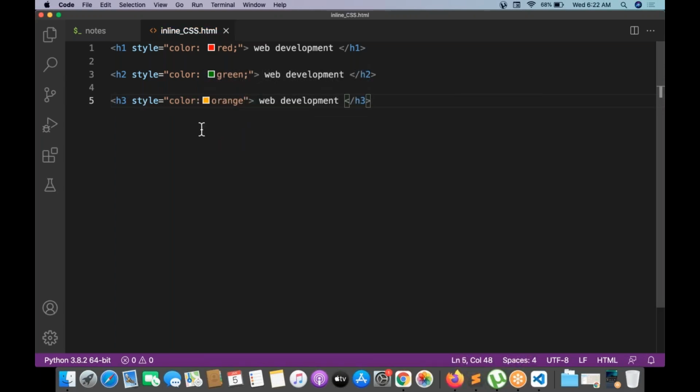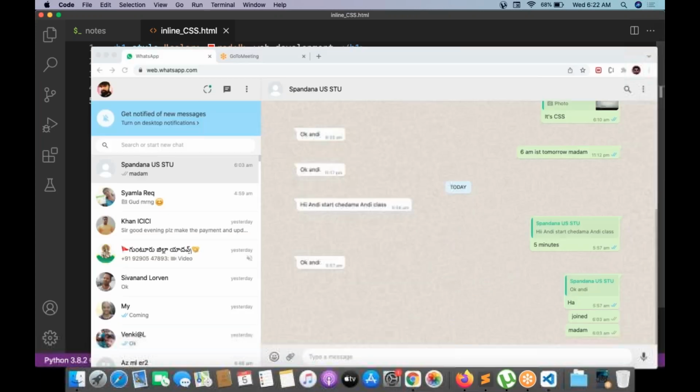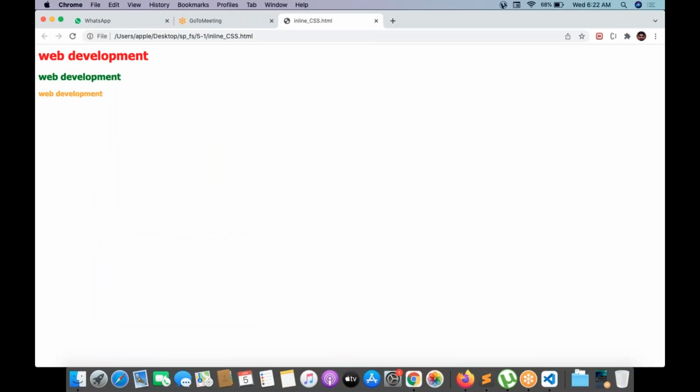So the first one is red, second one is green, third one is orange. Let's see. So the first element in the red color, second element in the green color, third element in the orange color. This is what actually is called element specific CSS.